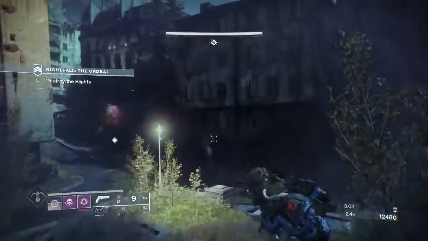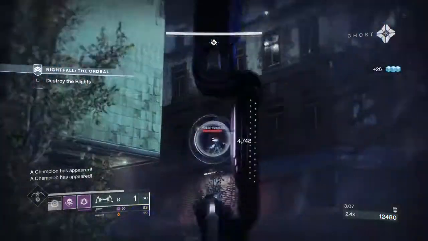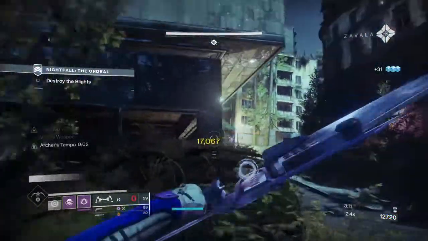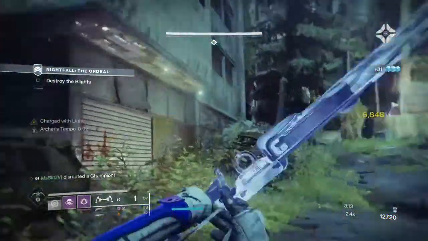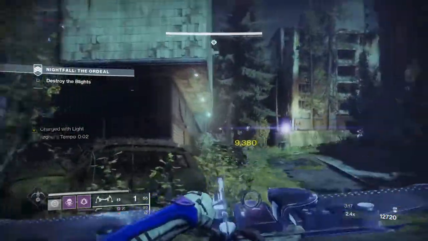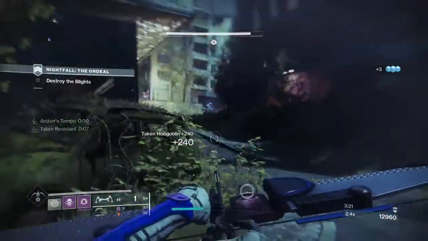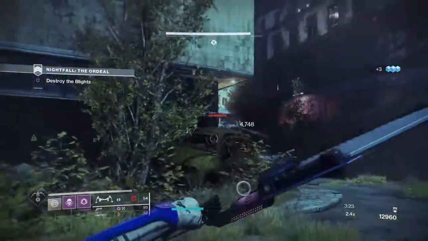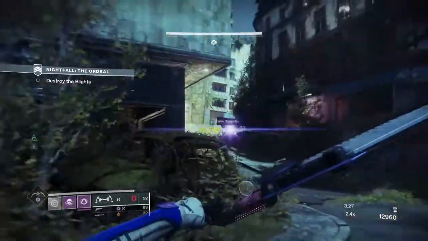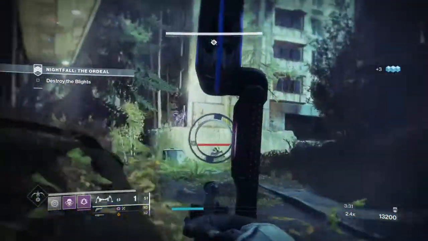So now we're gonna have snipers appearing and an overload champion. It says two champions appear, but actually it's 3. So now we're going to stun the overload to get high energy fire with charger light, so we can take down the snipers, or the Taken hobgoblins, faster. Over here you can take your time, and since we killed the snipers, now I was just doing a little